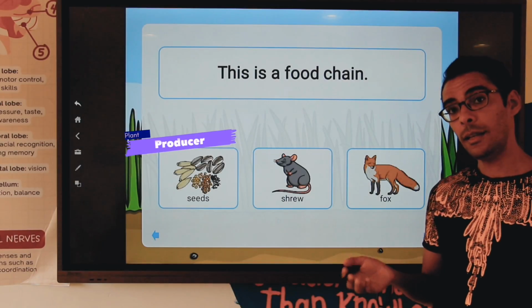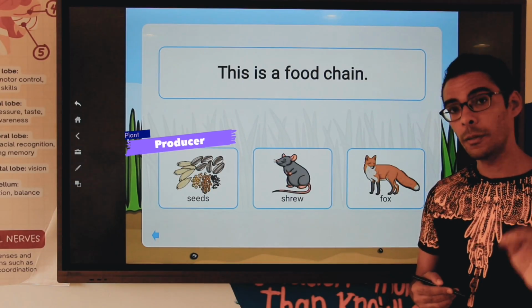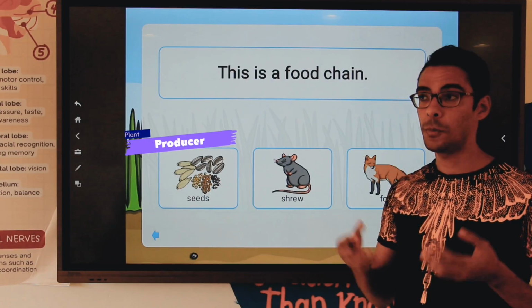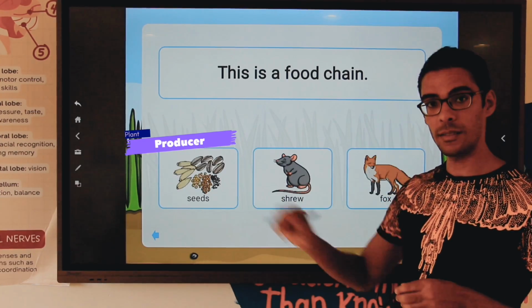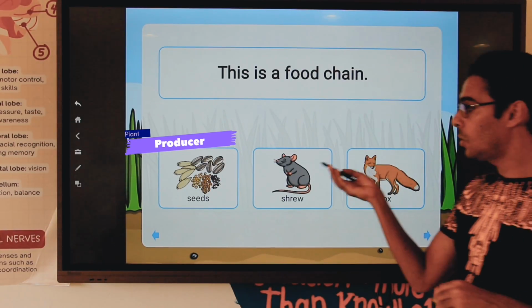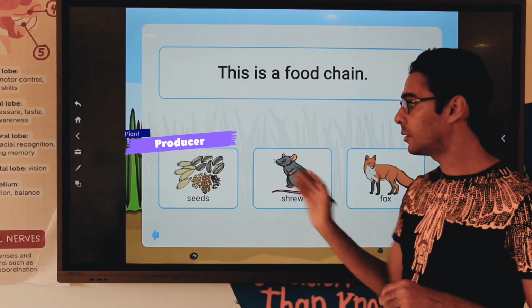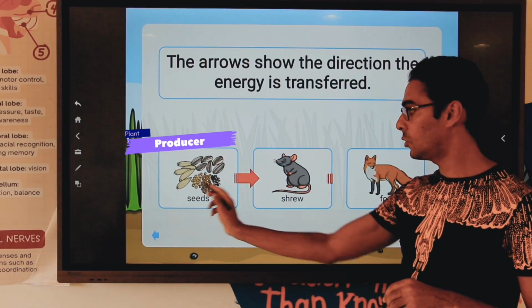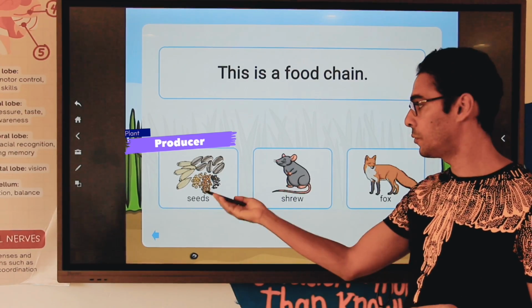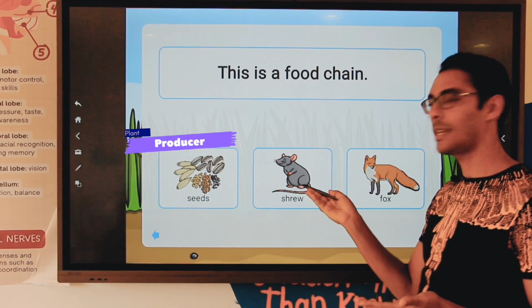So it seems like all of the previous examples start with the same item. They start with a producer, a plant or a part of the plant, which makes its own food to store the energy inside. And all animals need the energy to get their own food. So a grass eater might eat the plant to get the energy. So when they eat the producer, the energy moves from the producer to this animal.